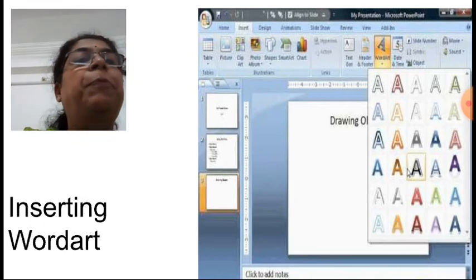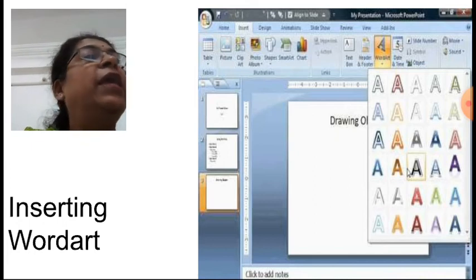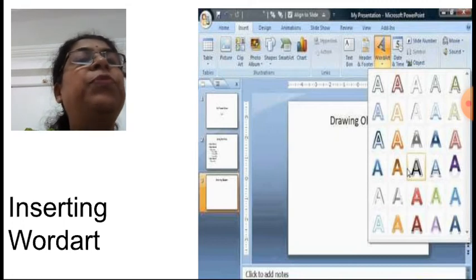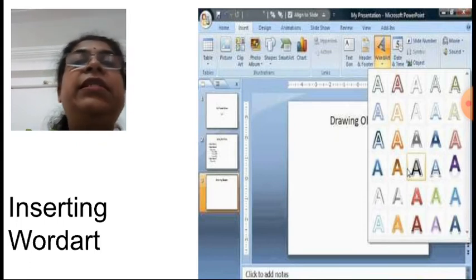For that, this Word Art option is available in the Insert tab, Text group. Select this option and it will show you the gallery of word art. Out of that, select any style.